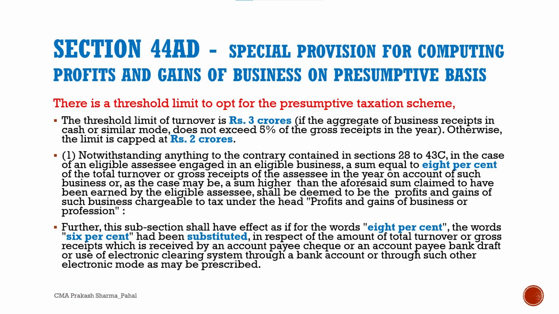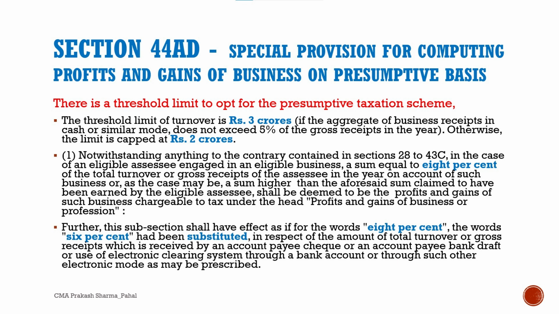a sum equal to 8% of the total turnover or gross receipts of the assessee in the year on account of such business, or as the case may be, a sum higher than the aforesaid sum claimed to have been earned by the eligible assessee, shall be deemed to be the profits and gains of such business chargeable to tax under the head profits and gains of business or profession. Further, this subsection shall have effect as if for the words 8% the words 6% had been substituted in respect